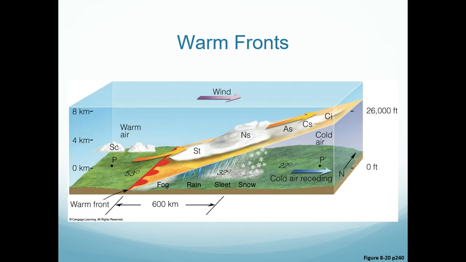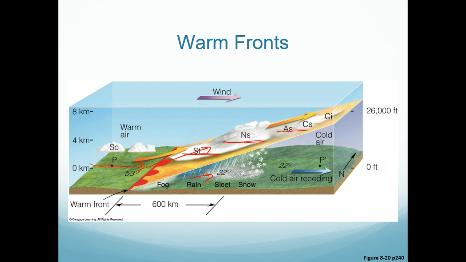Here's what a warm front would look like if you could actually see it. As the warm air overtakes the cold air, warm air rises, so it will just move right up on top of the cold air as the cold air moves forward. So the warm air moves forward up this slanted slope that you see here, and as such, it's more of a horizontally developed